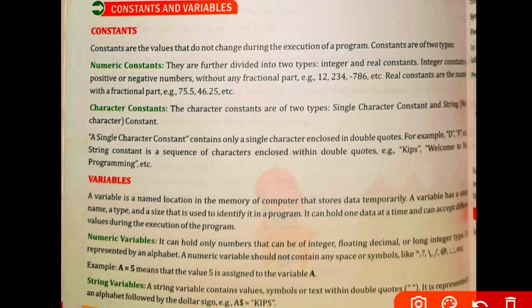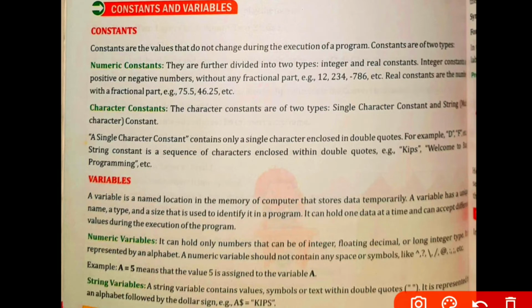Another type of constants is character constant. When we say character constants, a constant which contains characters or alphabets is called a character constant. It could be any example. Suppose if I want to write computer, that is a character constant. Why? Because computer, C-O-M-P-U-T-E-R, this spelling is characters, and so that constant is a character constant.